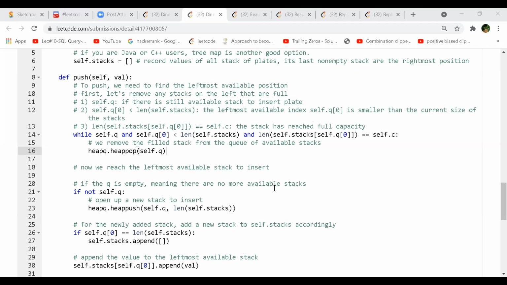We don't pop anything here. We actually look at the priority queue and do bookkeeping there to see if there are any stack indexes which are filled to capacity. So we just want to eliminate them. So we come to the very latest one on the top of that priority queue, and at that index we push any element we want to push.